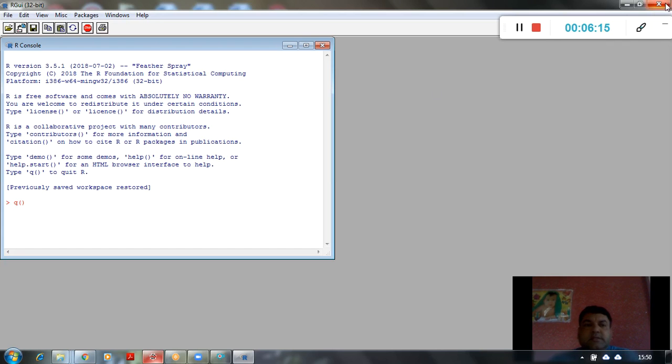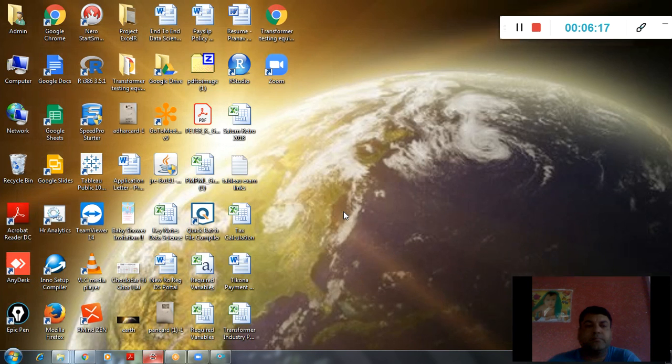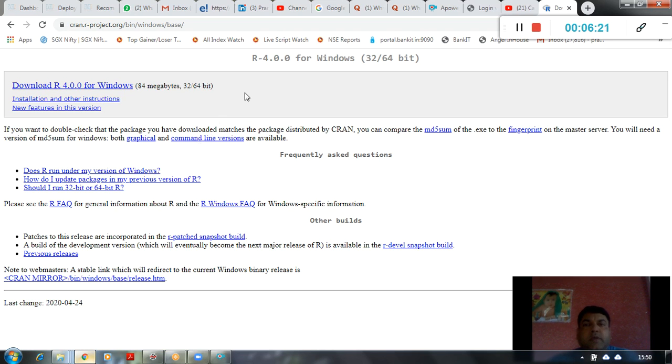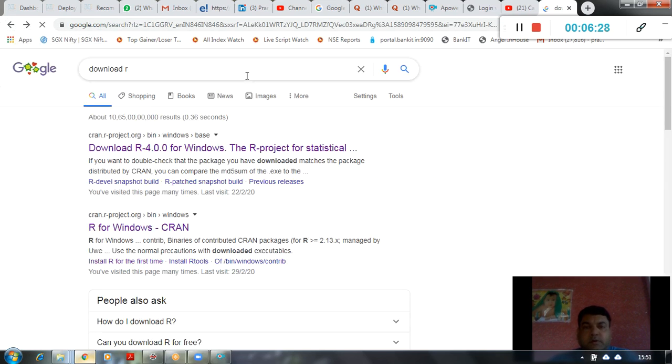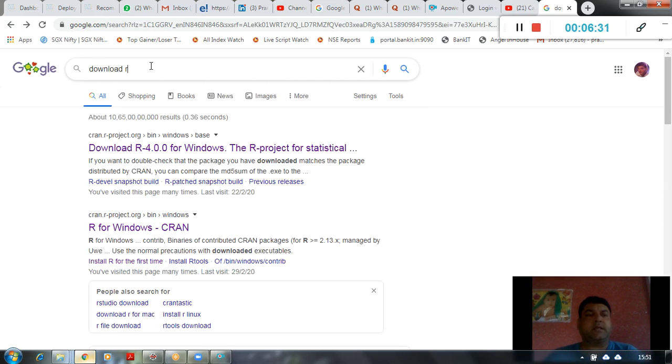Now let us understand how to download RStudio, because we are all going to use RStudio to do our programming related work when it comes to data science related application development of projects.